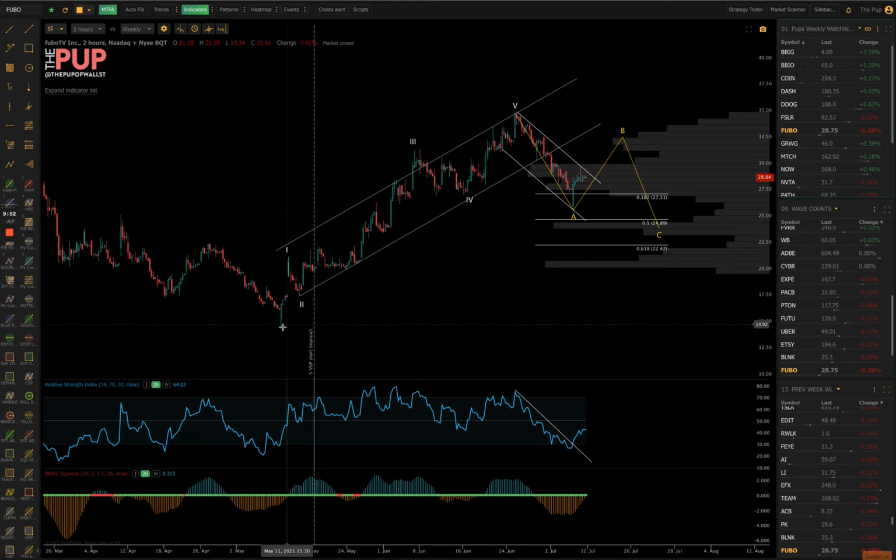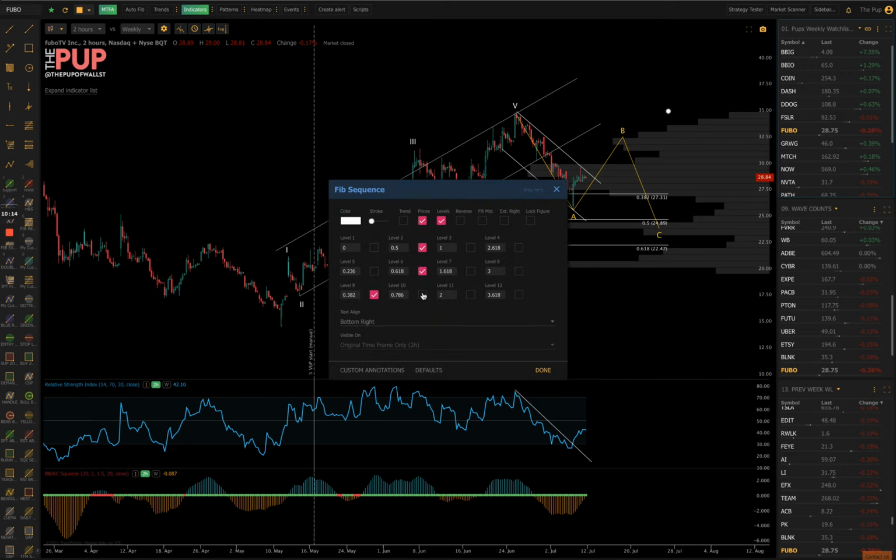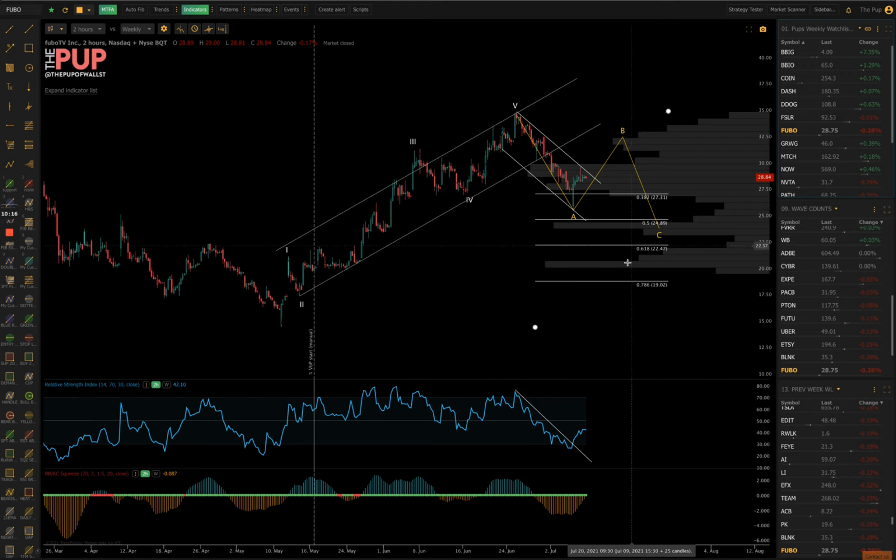So if you do a Fibonacci retracement from this bottom to this top, you're going to get a buy zone generally around here. Usually it's at this 382 if it's strong. If you get a slightly weaker pullback, then 0.5, and then sometimes you're going to get it down to that 0.618. On occasion, you will see it come down to the 786, but I mostly see the really strong stocks